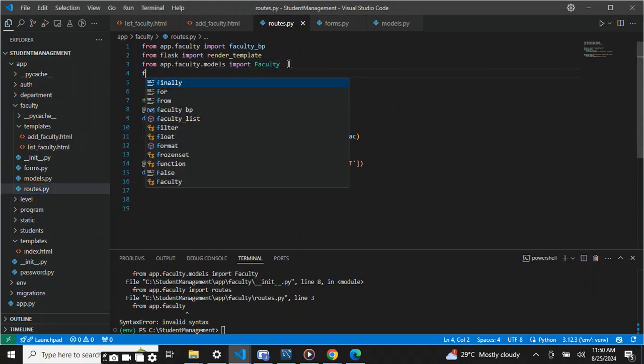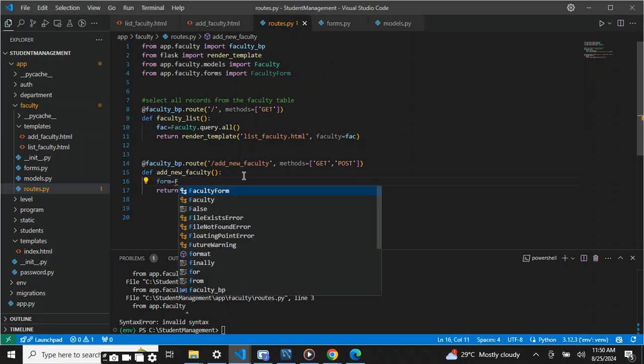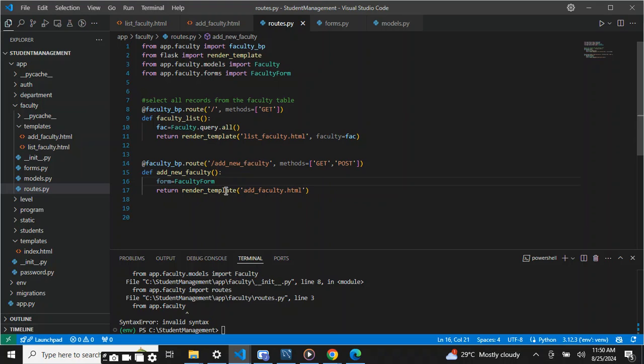So what I will do here is from app.faculty.forms import FacultyForm. So I've done that. I'll create a variable. Let me create the call form. I'll call the faculty form here, right? Then if form.validate_on_submit, it means that when I click on the submit button, what happens? Pass in all the stuff equal to